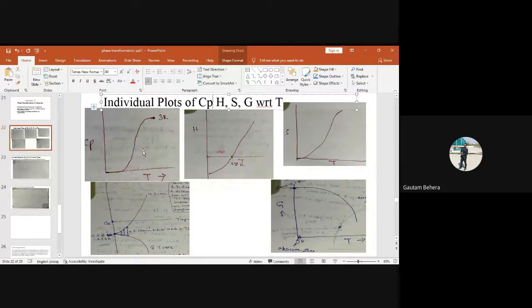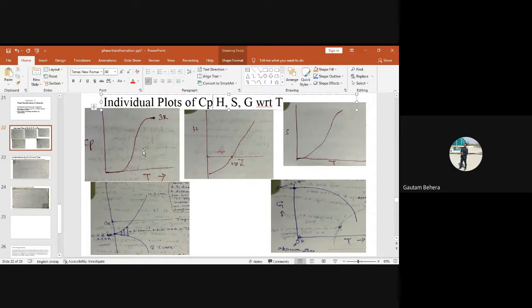Fine. So why does the gas phase have the maximum Cp value? Because in gases, the molecules are easily free to move. They move randomly here and there, and so more vibrations will be there, so more Cp value will be there. Similarly, in liquid, the vibration is less. In solid, the vibration is more or less. Right? So the order of Cp value is: maximum Cp value is for the gaseous phase, then liquid, then the minimum value